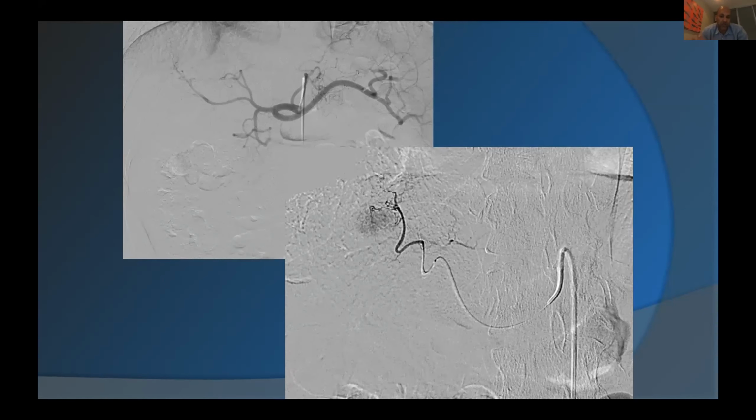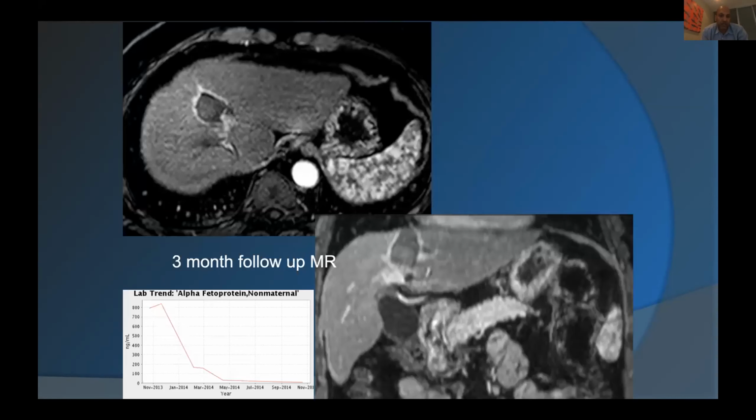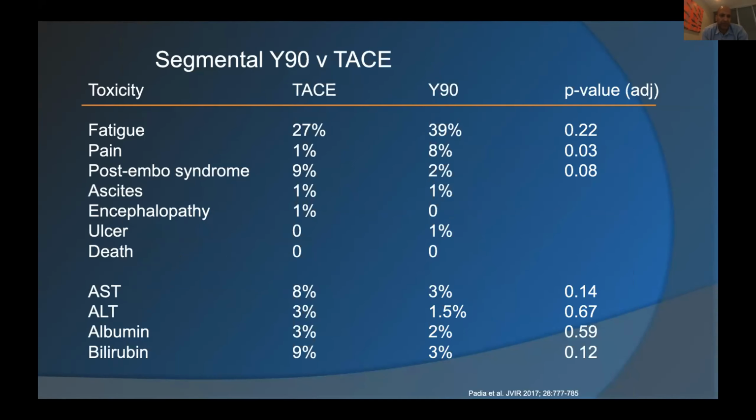So what we did is on this retreatment, we came back, we just treated this top area. This was the segment 2 branch. And we got this patient at a 3-month follow-up back to complete response and a non-detectable AFP. So this is something where we had to course correct.